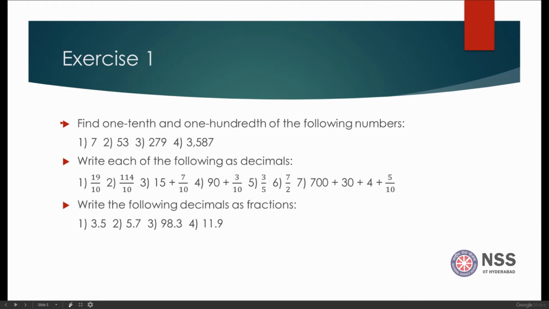Whenever you are writing decimals, there is a thumb rule. When the denominator is a multiple of ten, count the number of zeros and place the decimal point from the right side for that number of digits. For example, if I have 3587 by 100, there are 2 zeros in the denominator. So I will count 2 digits, and before 8, I am going to keep the point. That comes to 35.87. I hope you understood the basic concepts of decimals.